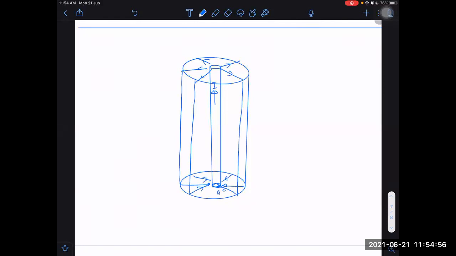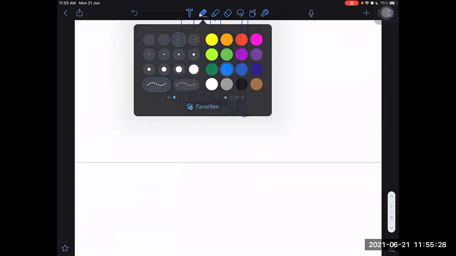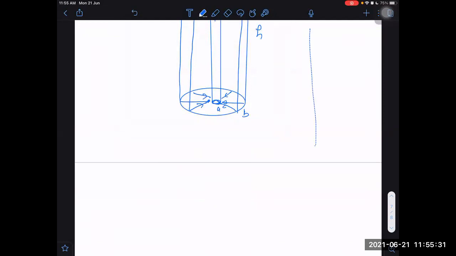The inner radius is a and the outer radius is b. And let us say the inner cable is also hollow. So in the inner also it was flowing only along the surface, and on the outer also it is along the surface. I am asking you what is the flux between these two, between the hollow inner and the outer surface? If I take a rectangular section here, what rectangular section do I have to take? I have to take a rectangular section which is at what distance from the axis? Which is at the distance a from the axis.